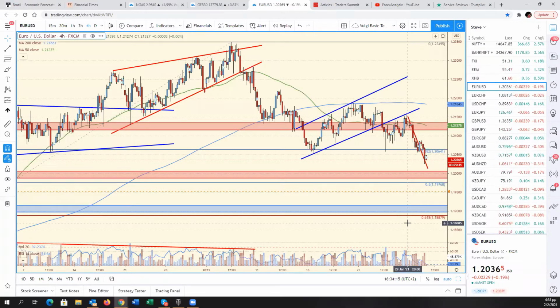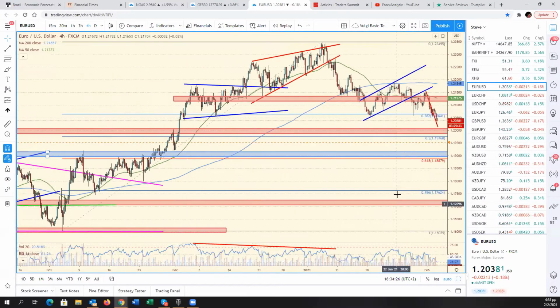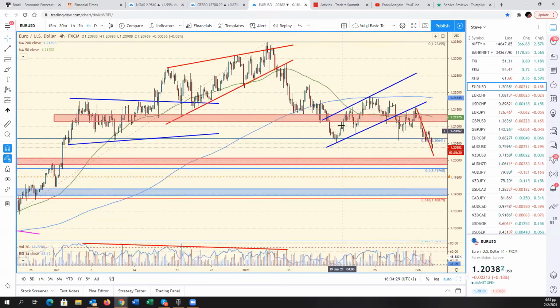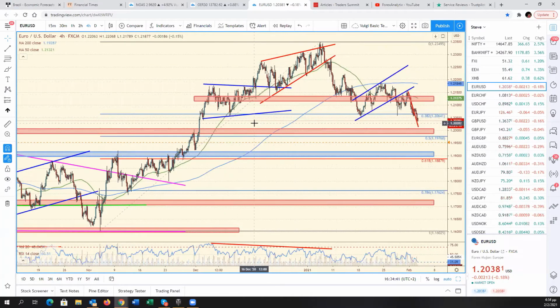And now it's natural that at some point there needed to be some corrective moves lower. Somebody is mentioning, I see that there is a head and shoulder formation. I'm assuming you're looking at the bigger picture, like shoulder, probably head. That one is a lot more shoulder. Yeah, you can make the case that this is a head and shoulder formation